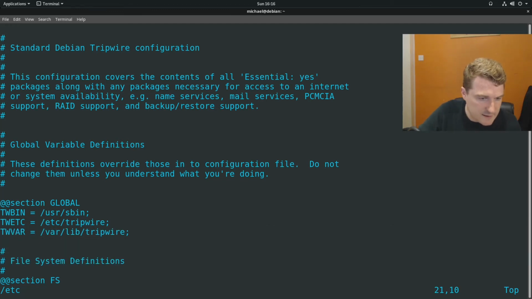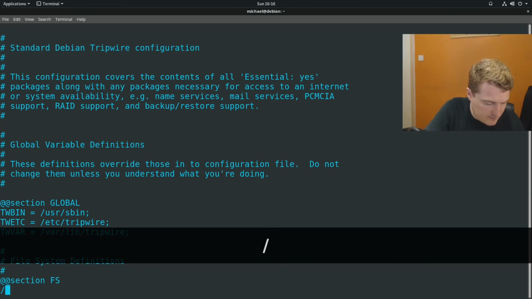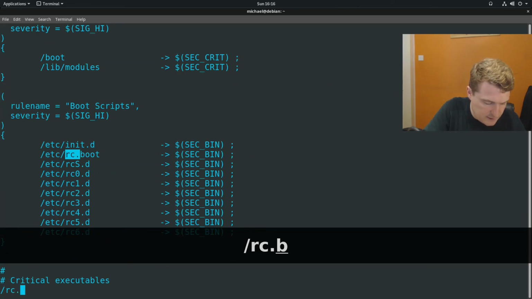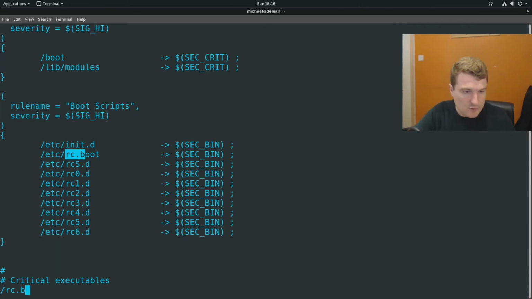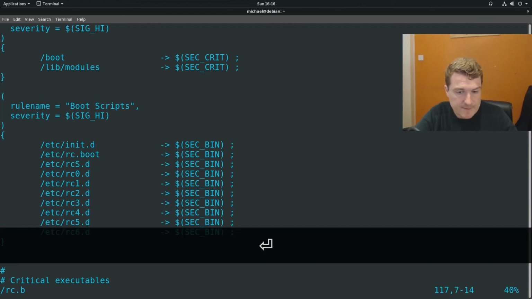Okay, then it finds etc Tripwire, but that's not what we're looking for. We're looking for rc.boot. There it is. Found it straight away. So let's just say this file was massive. That could save you a lot of time. And if you have to make a lot of changes to files, being able to jump around the config is actually very valuable. So now if I press return, Vim will take me into that line,